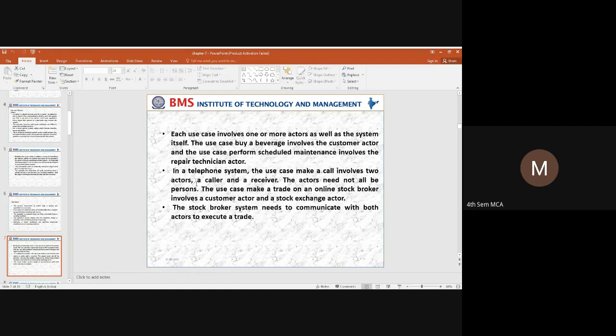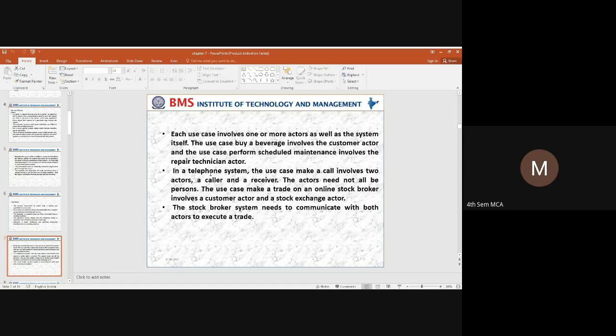One more example that we can have is a telephone system. In a telephone system, make a call, receive call, all these things can be use cases. The caller and the receiver are the actors. In a telephone system, we can have make a call, send a message, then receive message.